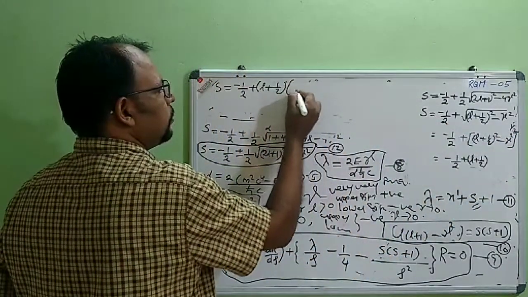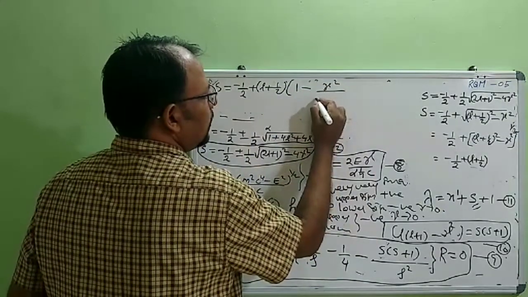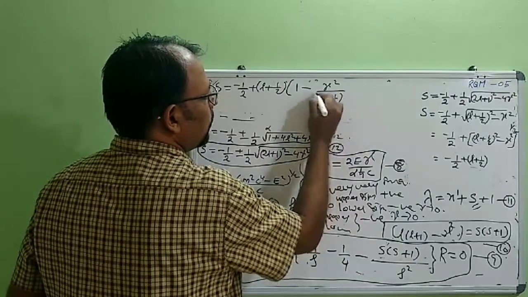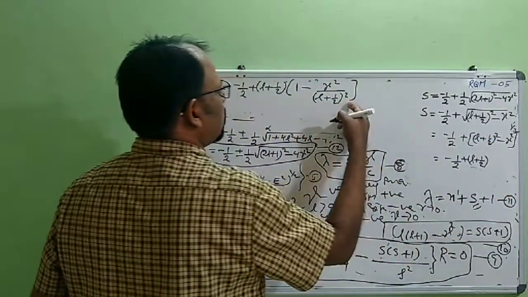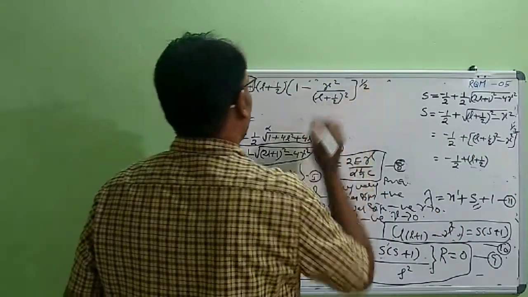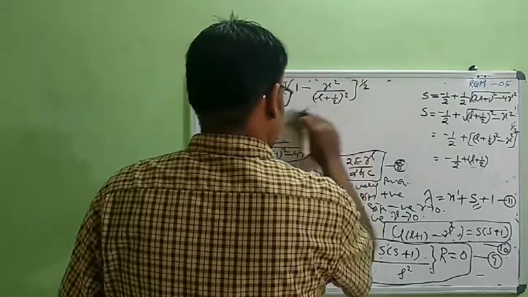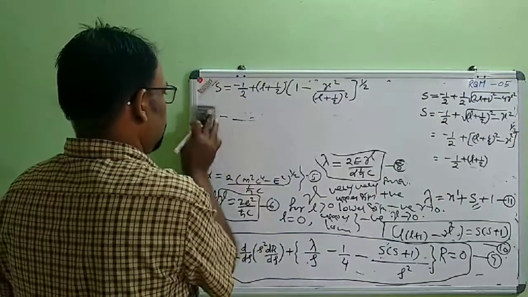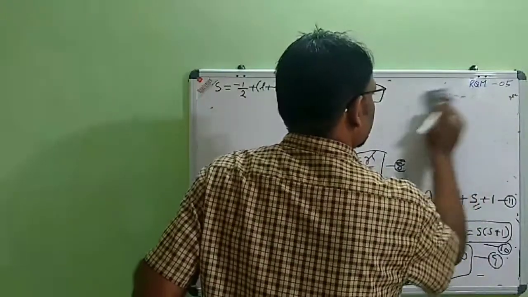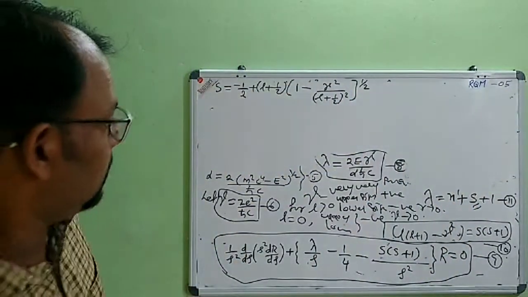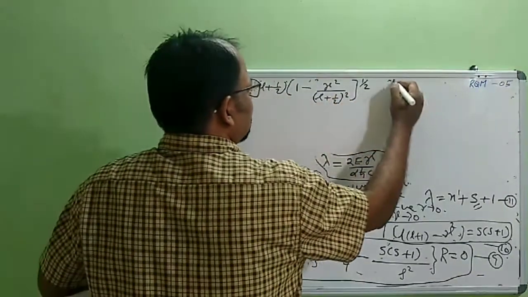So it is into 1 minus gamma square by (L plus 1 by 2) the whole square minus gamma square by (L plus 1 by 2) the whole square, the whole raised to 1 by 2. Now expanding this term, expand the second term using binomial theorem and neglecting the terms